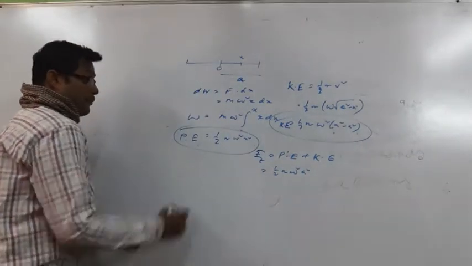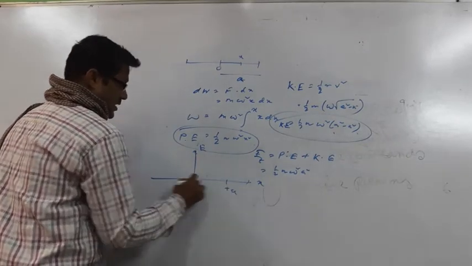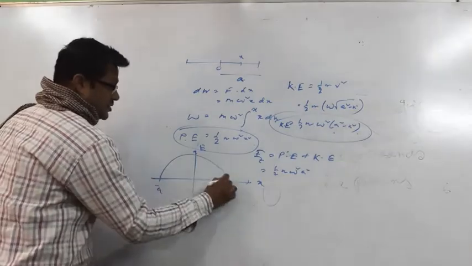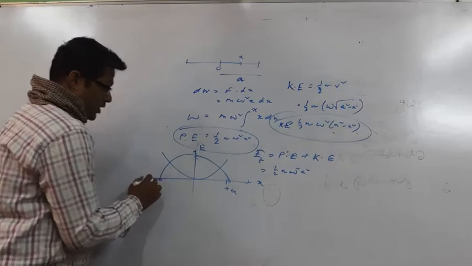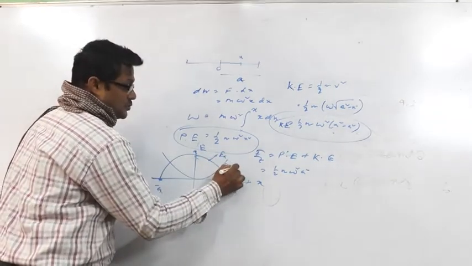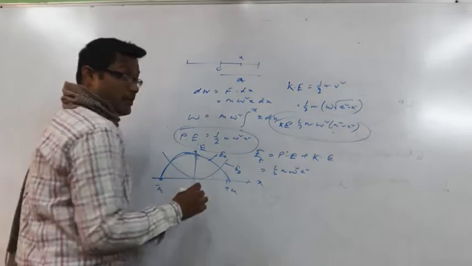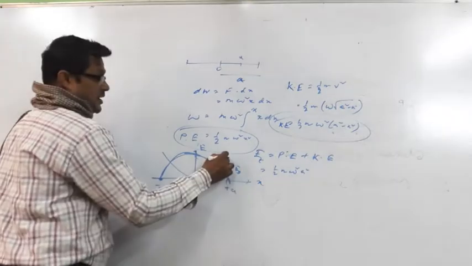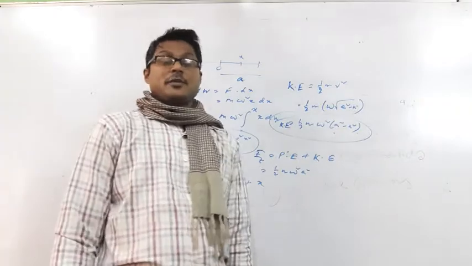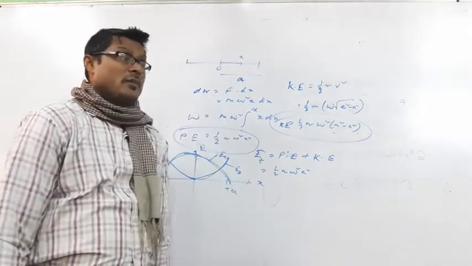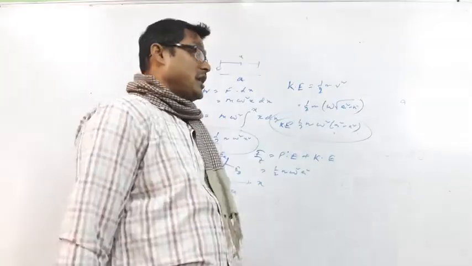Now how can we represent it graphically? That is x versus E, and this is plus a, this is minus a, so the graph will be like this. See, the kinetic energy is 0 here, this is kinetic energy, and this is potential energy, and it is 0, increasing, becomes maximum at equilibrium and going down. And here potential energy is maximum and decreases, here 0. So these are the very important and elementary parts of the motion: displacement, velocity, acceleration, force, time period, and kinetic energy, potential energy.